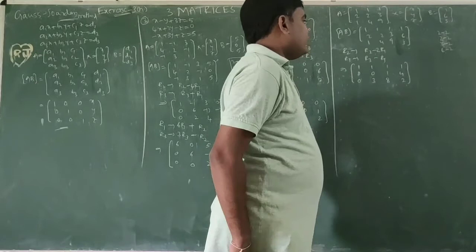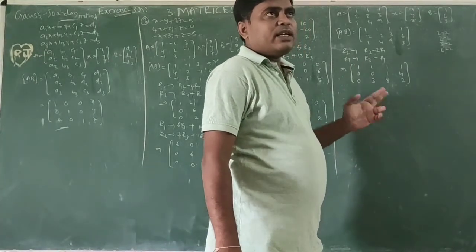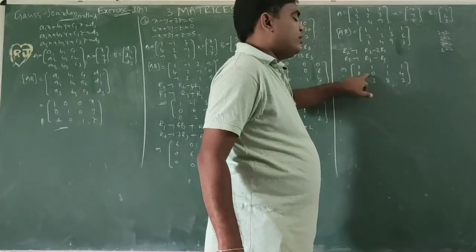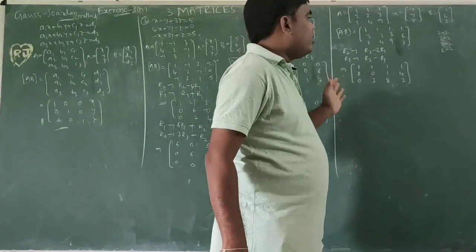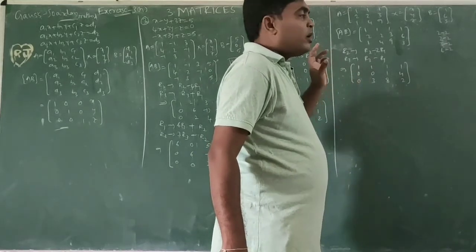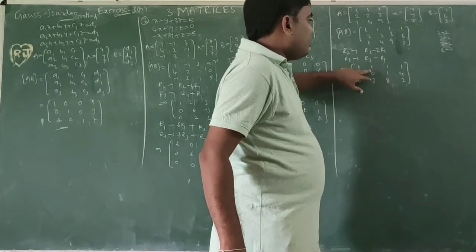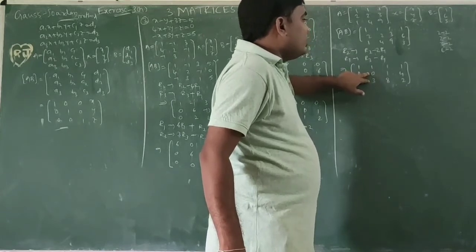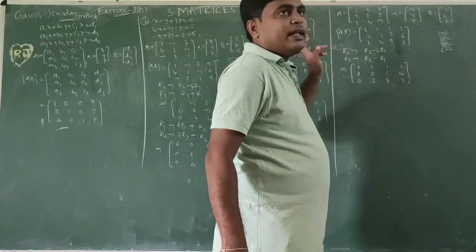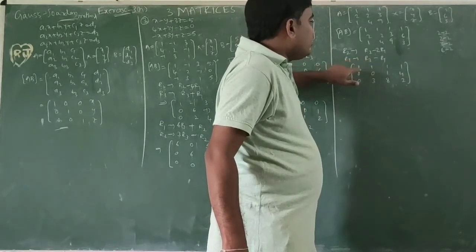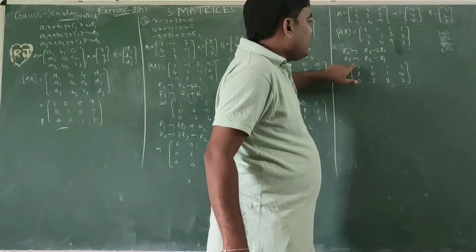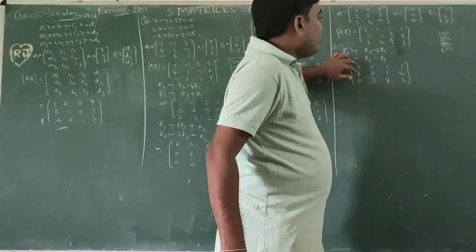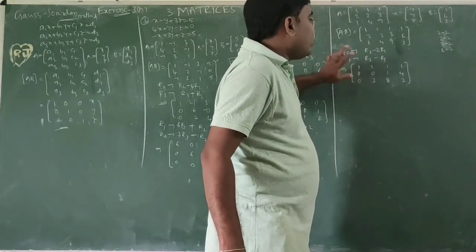If we observe the second column, we need to convert everything except the diagonal element to 0. The diagonal shouldn't be 0, but here the diagonal is 0. So if the diagonal is equal to 0, we can't do anything. Okay, so at the diagonal position I want to change, I want to interchange these two rows. If we interchange these two rows, 3 will come into the diagonal position, and this 0 will come here. Then if we observe the first column, the diagonal element won't be there. So we don't interchange R1 and R2. We must interchange R2 and R3.